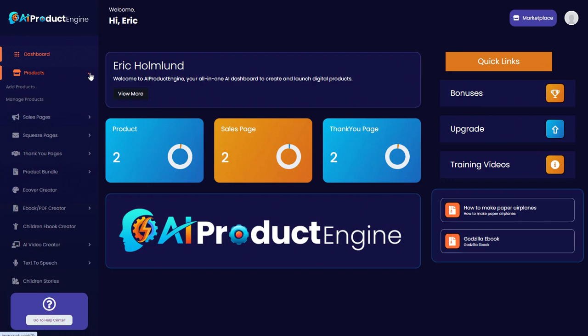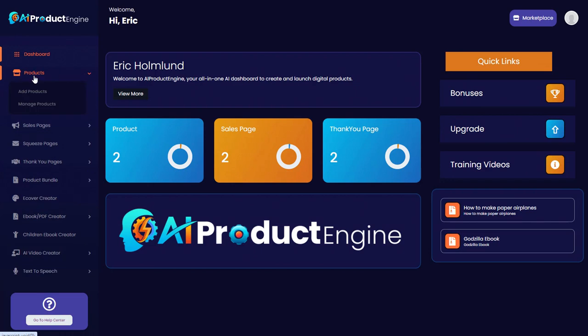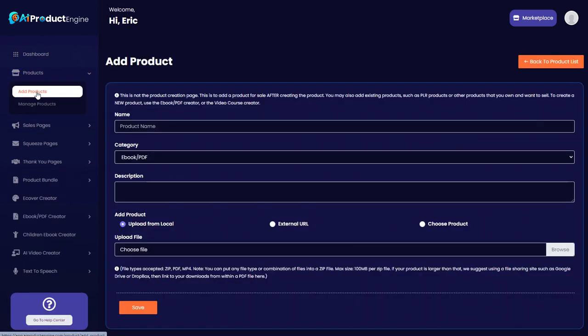And the first item on that navigation menu is products. And below that, you will see add products and manage products. Let's click on add products. And you'll see a note here that this is not the product creation page. We're going to go through the process of creating a product, but this is for adding products into your dashboard